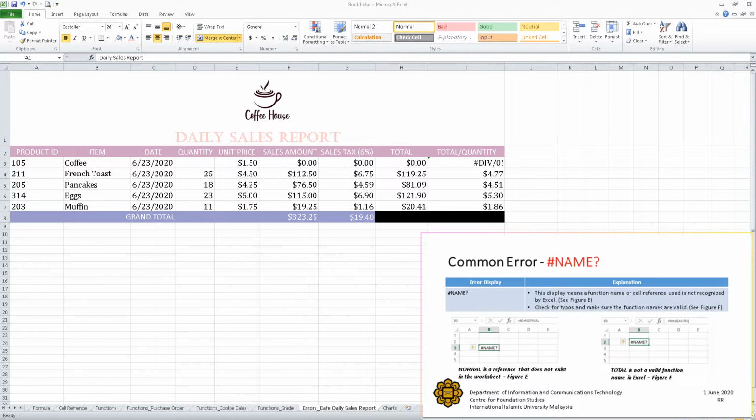Okay, so now I want to show it to you. The next common error in Microsoft Excel is a name error display. The name error indicates that Excel does not recognize something. This could be a function name misspelled, a name range that does not exist, or a cell reference that